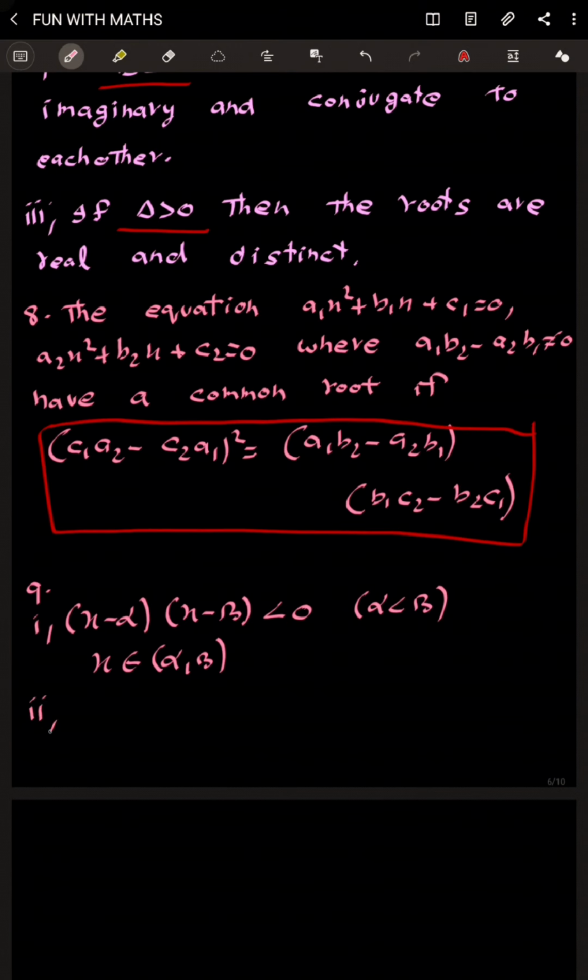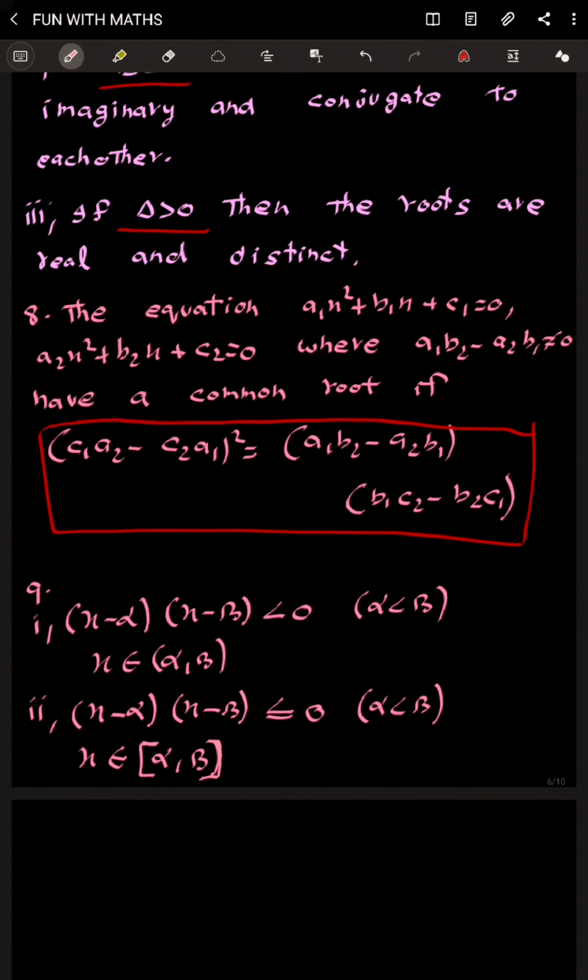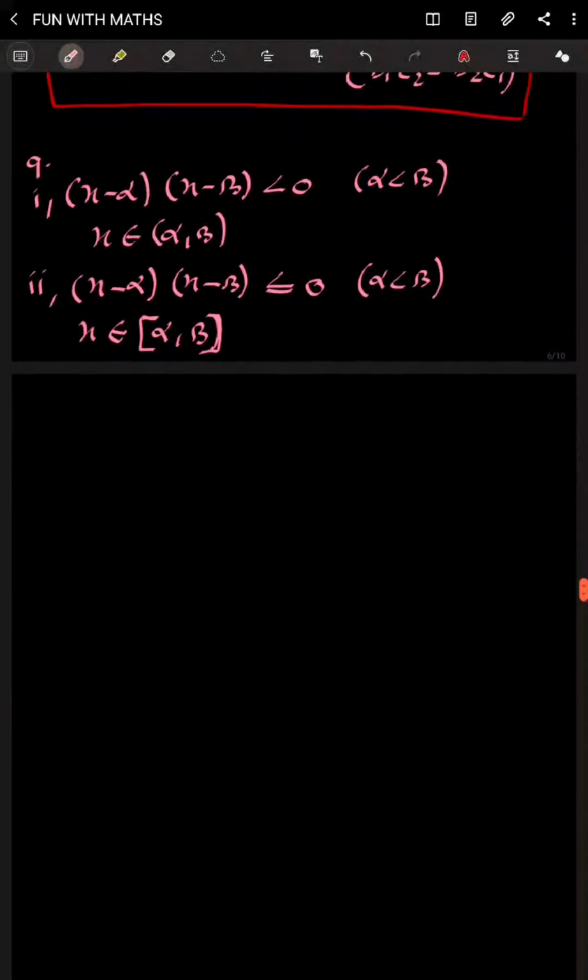So second one, x minus alpha x minus beta less than or equal to 0, alpha less than beta, then x belongs to closed bracket alpha comma beta. So this is open bracket and this one is closed bracket. And in next case,